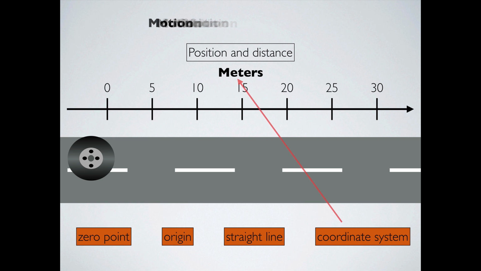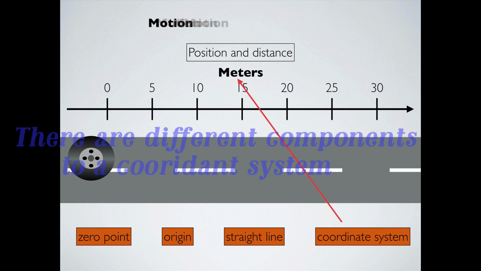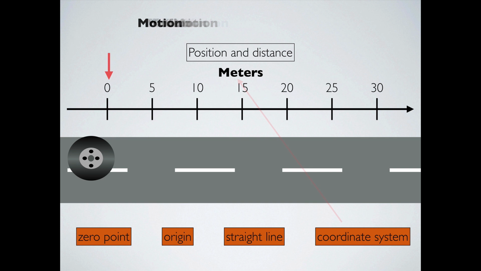All right, so the first term is coordinate system. As I'm making the coordinate system, if you recall back in the previous video where we had the speed graph and acceleration graph, when we were making a graph, one of the important things was labeling the graph. And in this one, for example, we're labeling it as meters to signify what each of these intervals mean. All these numbers that you see on my coordinate system, and that coordinate system, you see the straight black line,